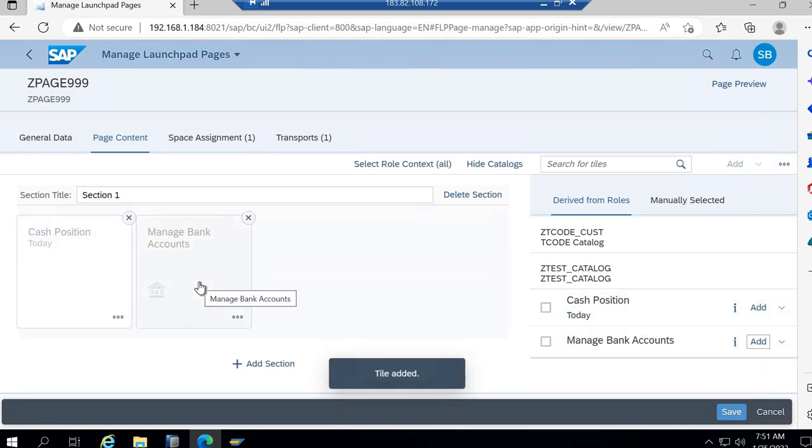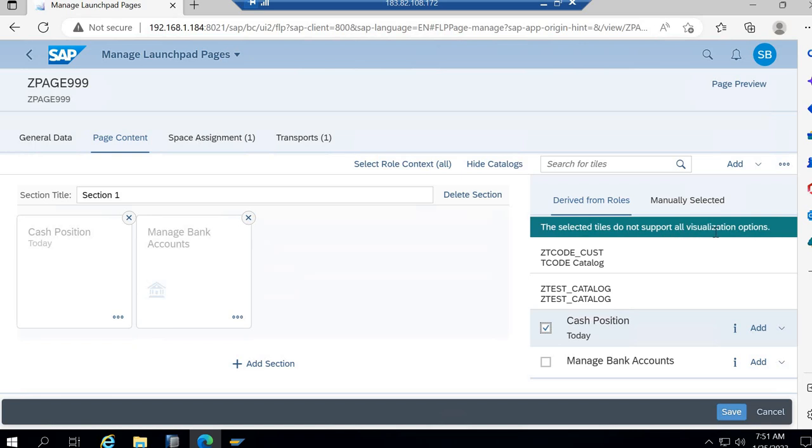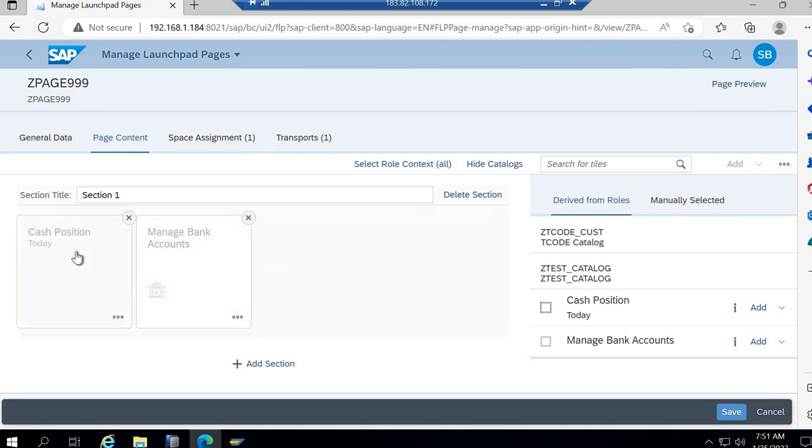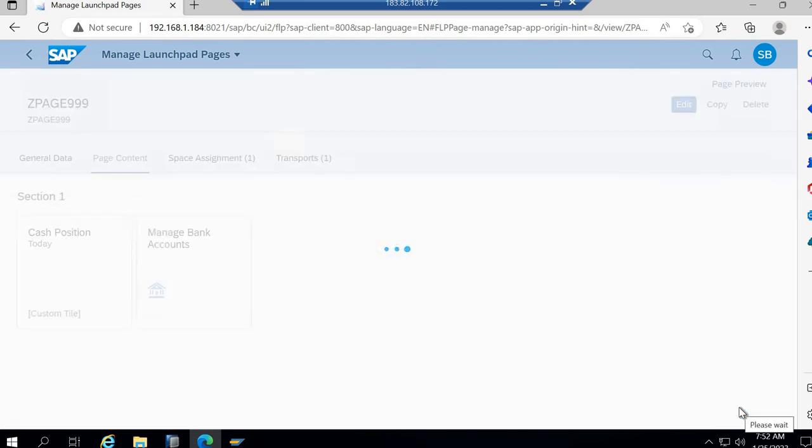What is that? Selected tiles do not support all visualization options. When you selected the checkbox, there was a message like that. It means maybe it will not show you like a blurred one, but it will add here. If you click save, that means this Fiori application is added into page 1, this 999, and it will be added here. So if you save it,